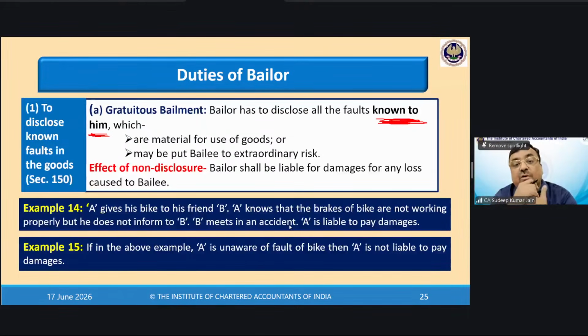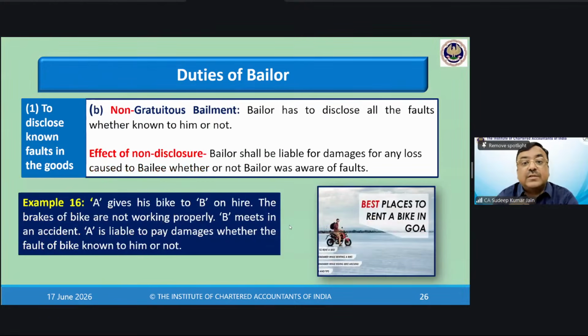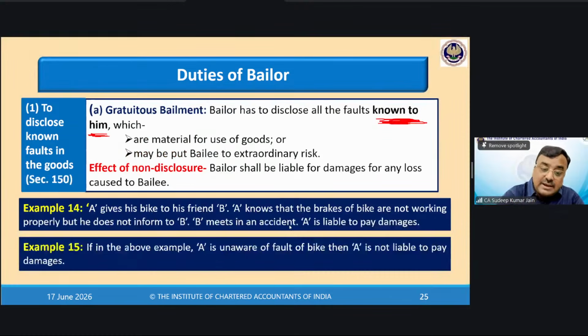But in case of non-gratuitous bailment, bailer has to disclose all the faults, whether known to him or not. Sir, how is it possible? The fault which is not known to the bailer, how could he inform? The purpose of this line in the law is that in case of gratuitous bailment,